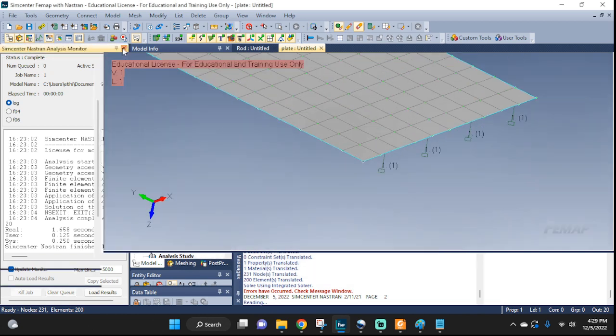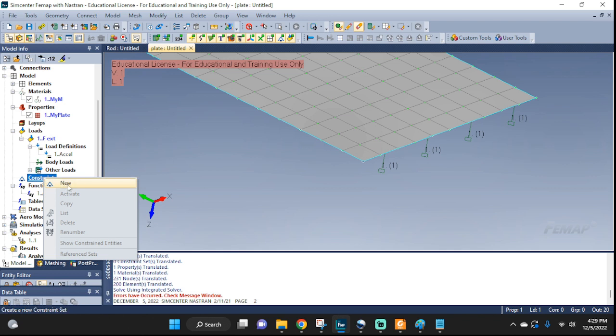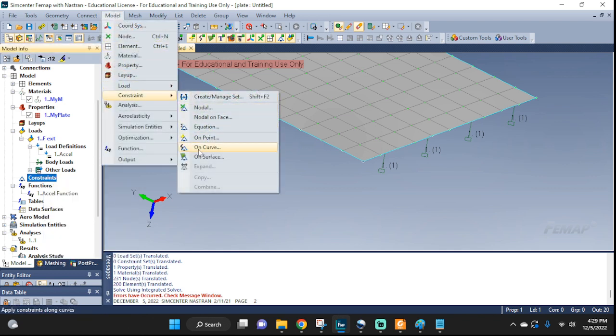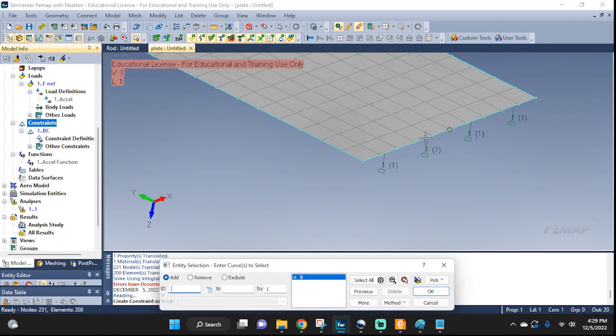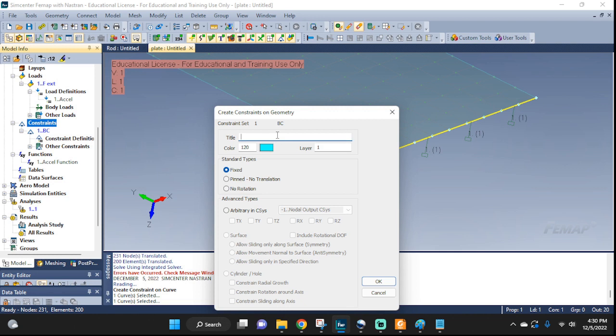to be acting. So we can go ahead, and all we need to do is right click on constraint, right click new, or go to model constraint, and on the curve we're going to constrain it. Let's call it boundary conditions. Okay, pick it. Did I pick the right one? Yeah, okay. All right, and this one called edge, and